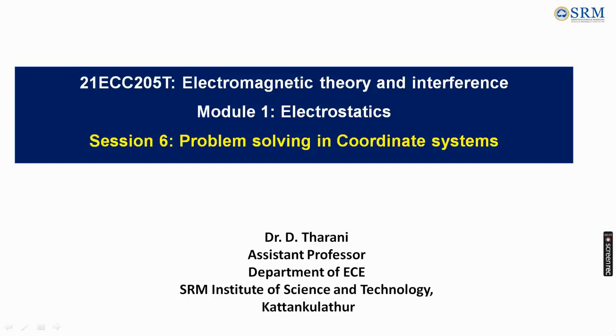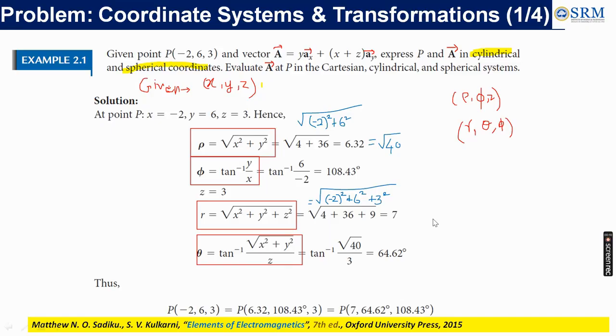Everyone, welcome to the sixth session of the Electromagnetic Theory and Interference course. Today, let us see how to solve a given problem in coordinate systems. In this question, a point P is given in Cartesian coordinates, that is, x, y, z points are given,